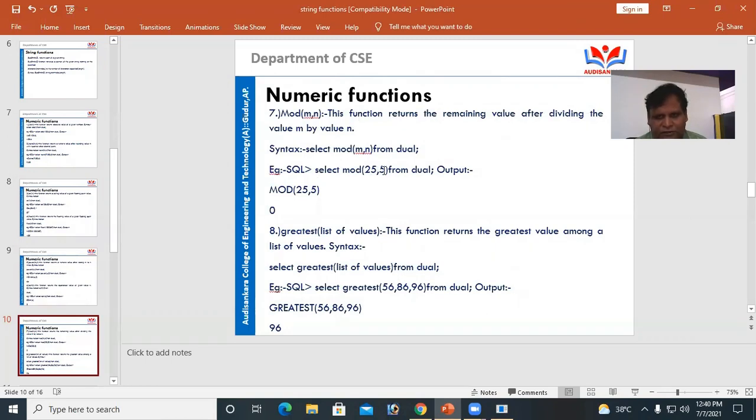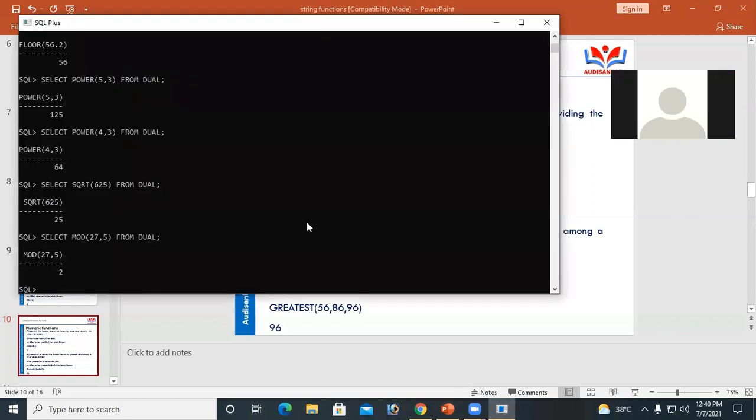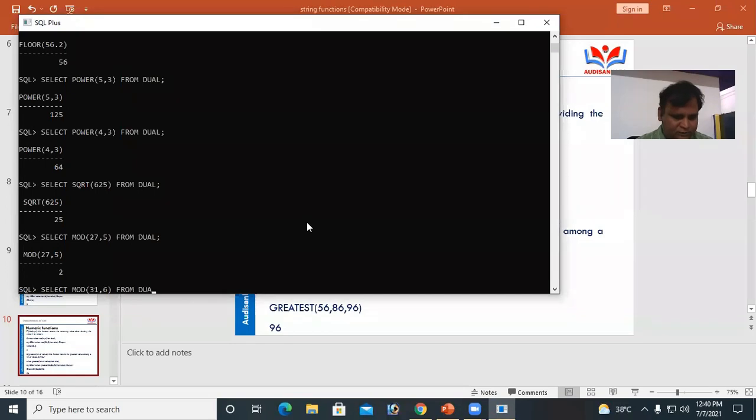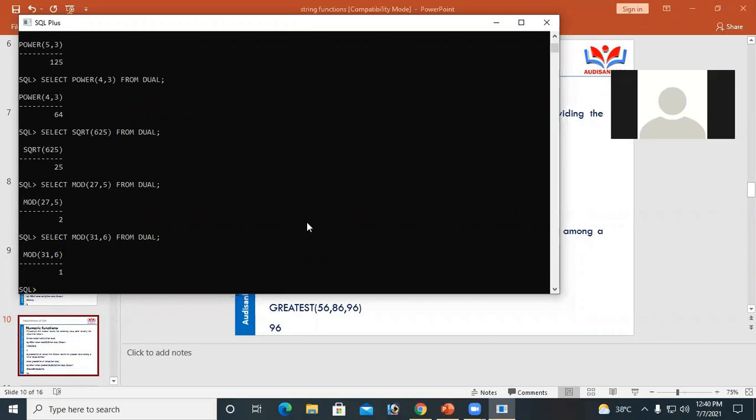Select mod of 31 comma 6 from GL. Output is 1. Mod value is 1.